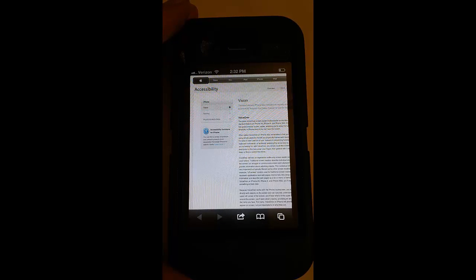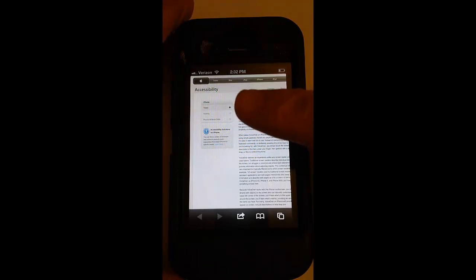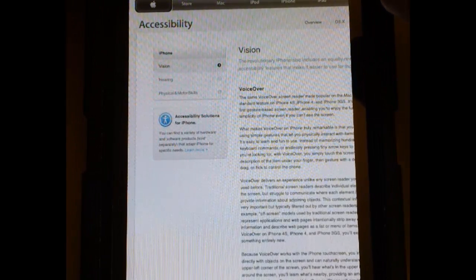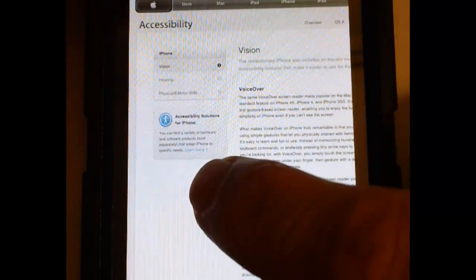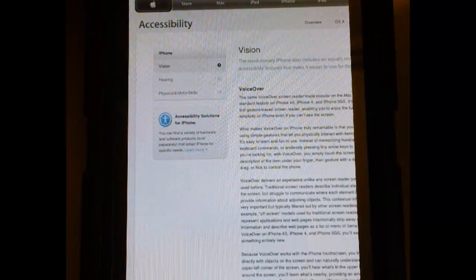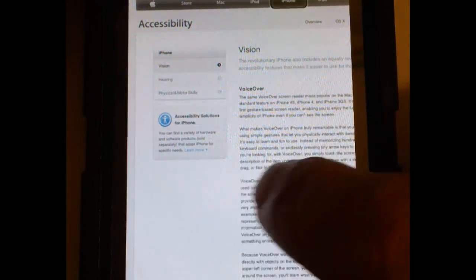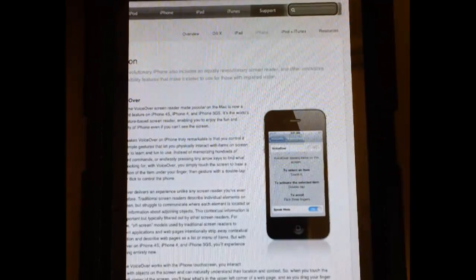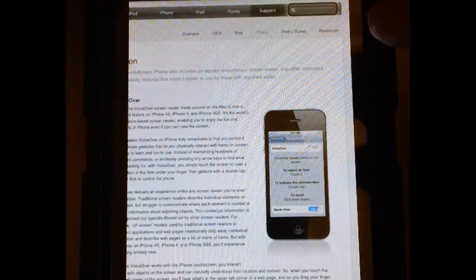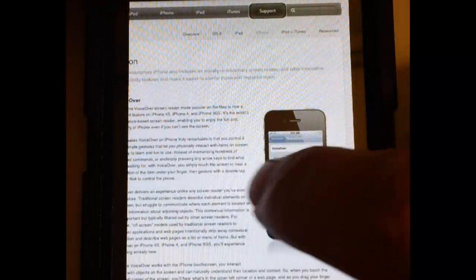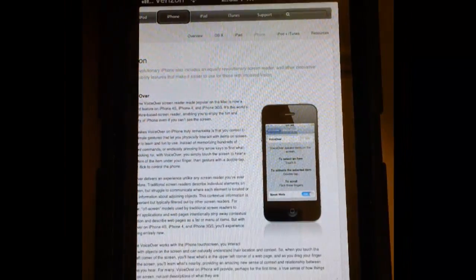In addition to tapping individual elements to hear their description, you can move from element to element using single finger swipes, sometimes called flicks. To move to the next element, use one finger to swipe or flick from left to right anywhere on the screen. Store. Mac. iPod. iPhone. iPad. iTunes. Support. To move to the previous element, use one finger to swipe or flick from right to left anywhere on the screen. Support. iTunes. iPad. iPhone. Link.